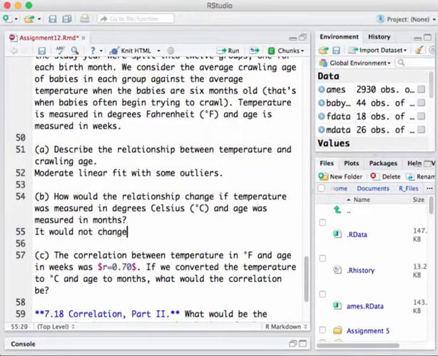Why would it not change? Well, because the correlation coefficient is unitless. And that means it's not affected by the units, okay? All right, so I want to talk a little bit more before we answer the next question about what